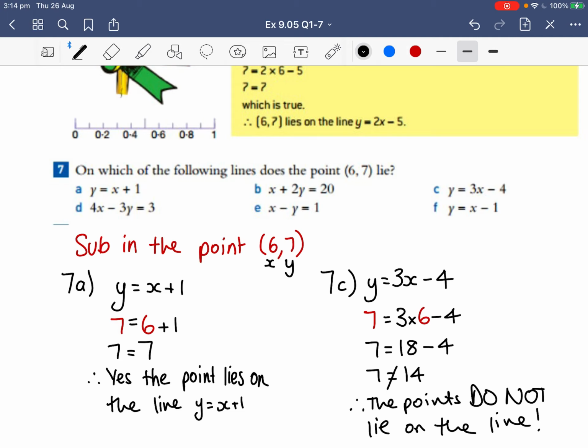And there we go. So have a go at doing the rest of that question. So doing B, D,